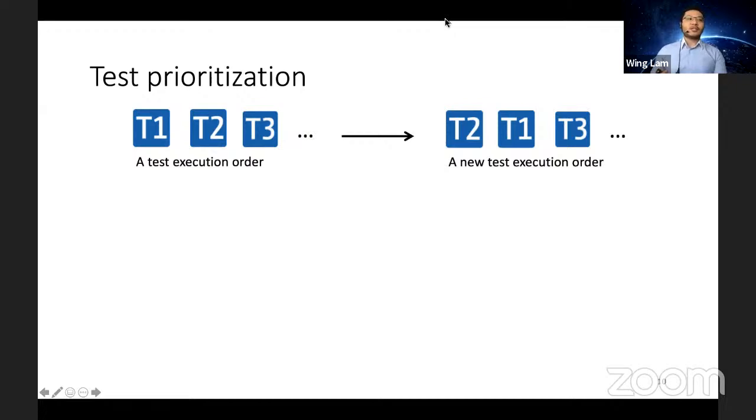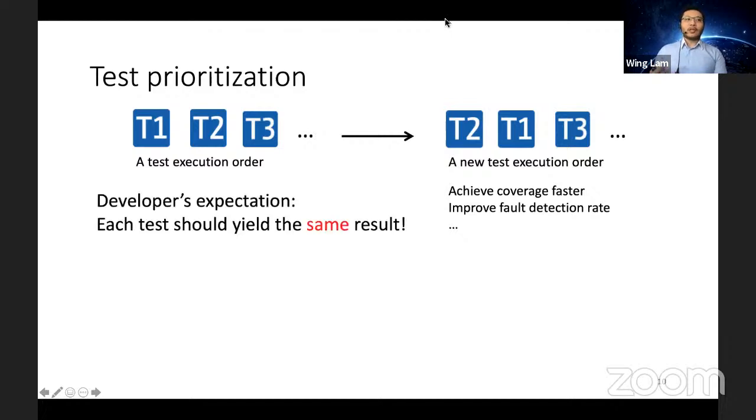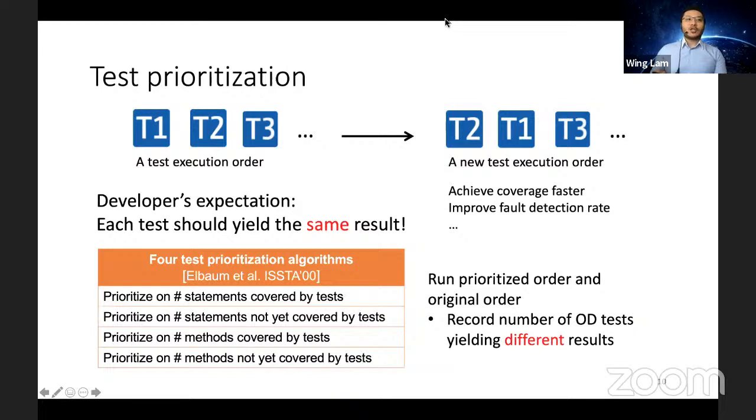In test prioritization's case, we have a test execution order, and what test prioritization will do is give us a new test execution order. This order will help us achieve coverage faster and improve the fault detection rate. But one thing to note here is that the developer expects, no matter if they run the test execution order on the left-hand side or the right-hand side, that each test should yield the same result. For test prioritization, we looked at 4 main algorithms, essentially ones that prioritize based on statements or